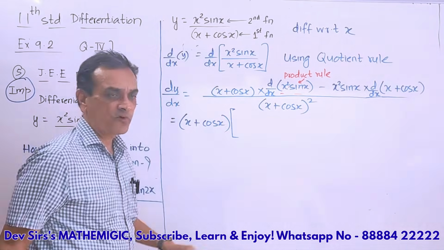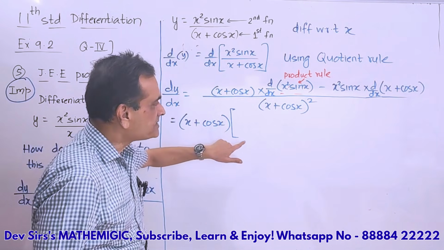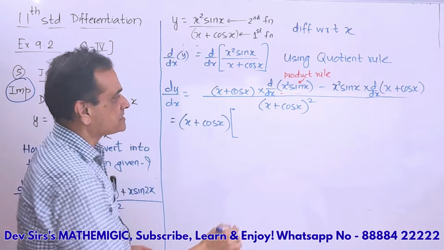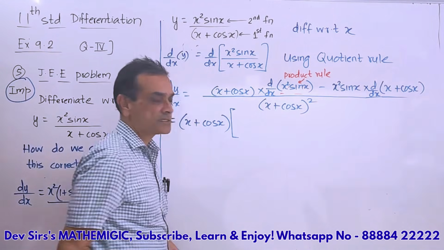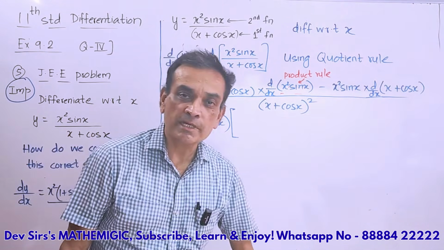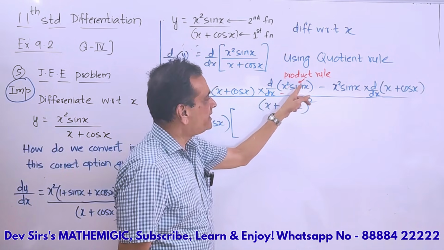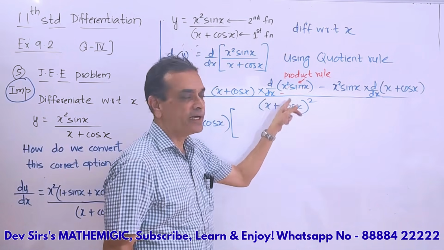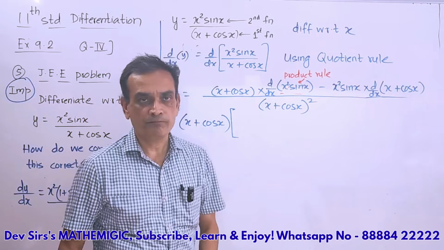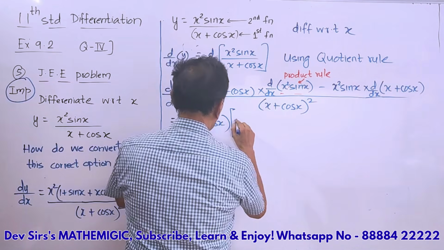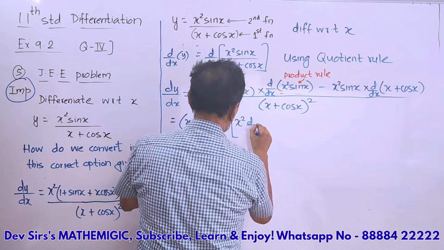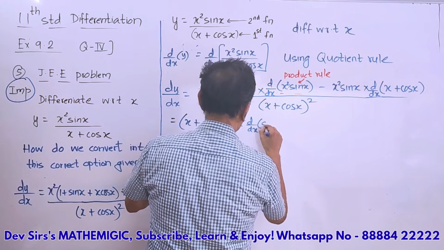The rectangular bracket means I am taking the derivative of this x squared into sin x. So the product rule says first function derivative of second plus second function derivative of first. Simple. So first function d by dx of sin x